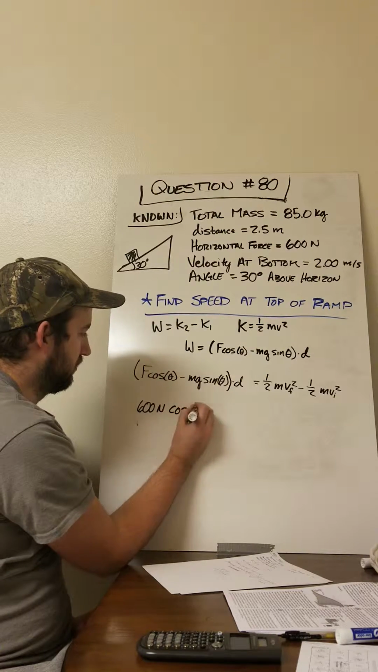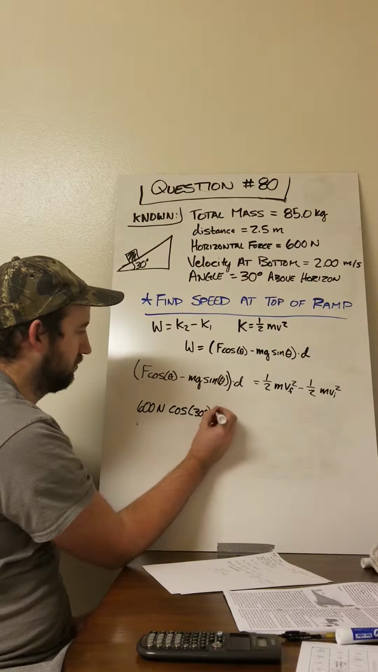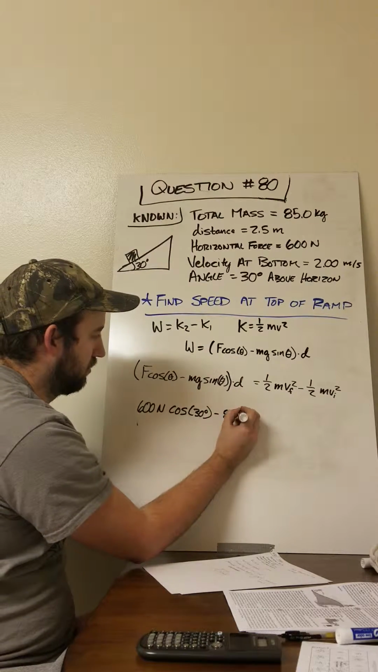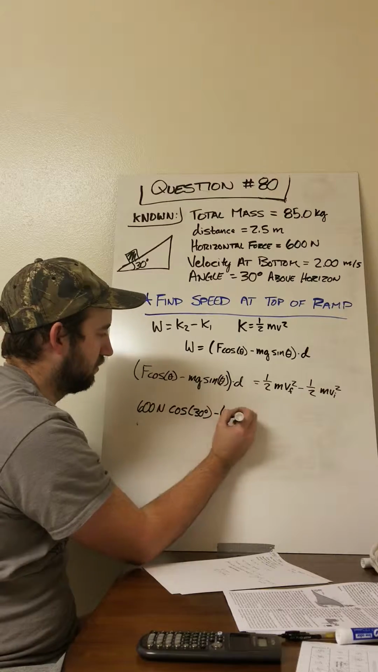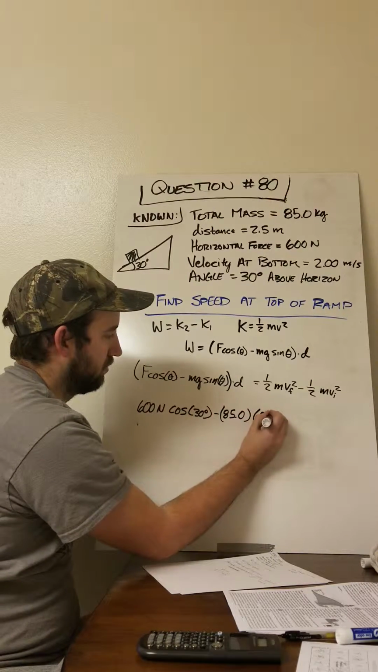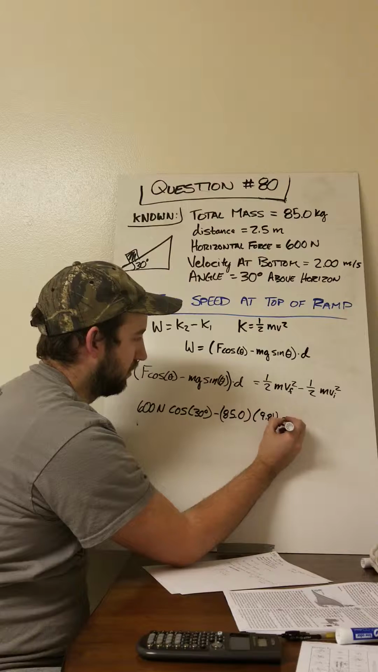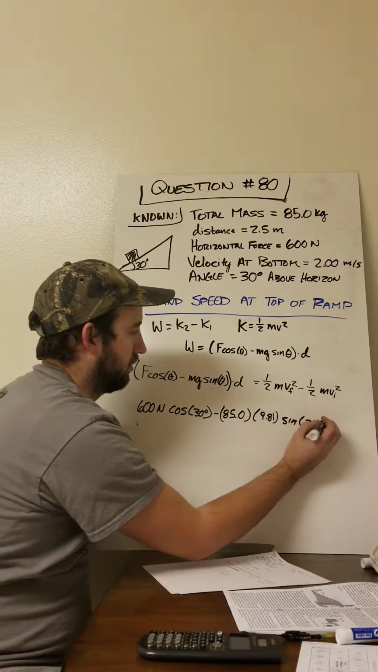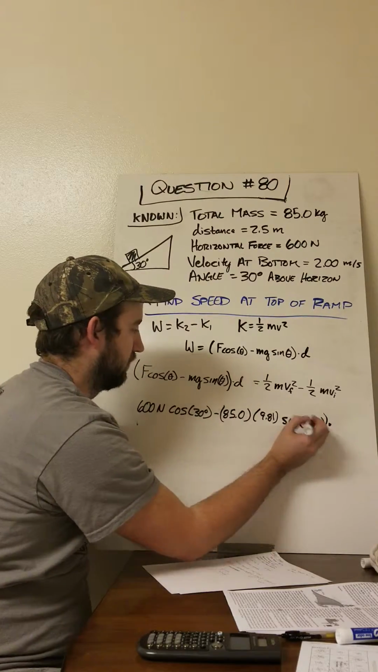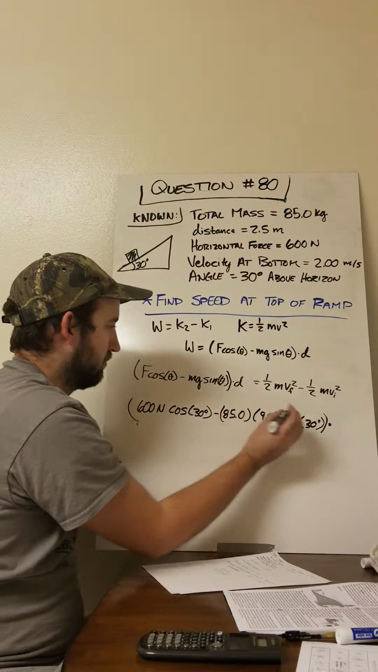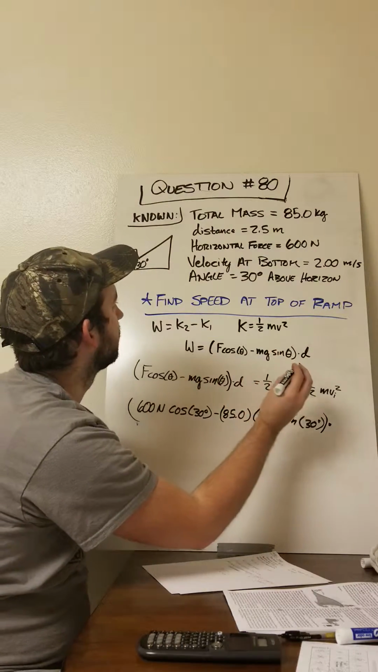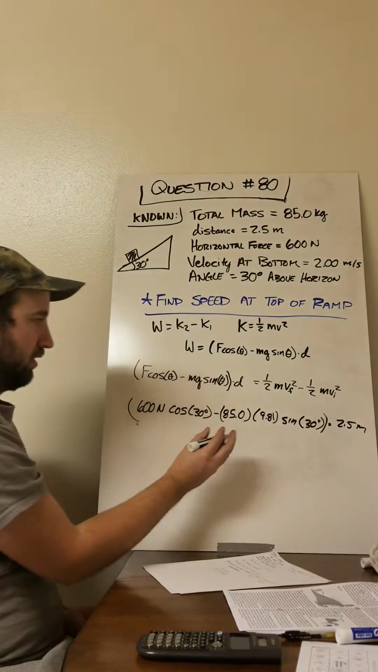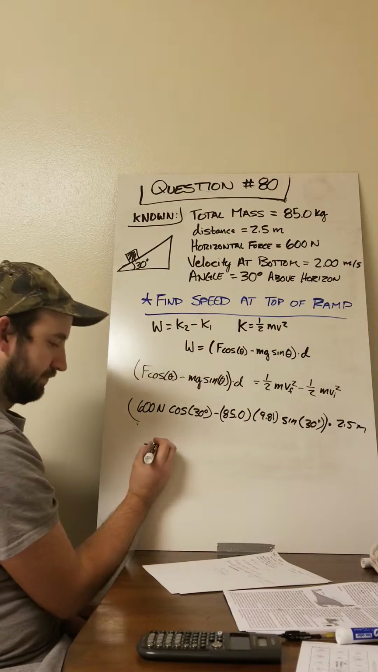Times cosine of 30 minus the mass, 85, times gravity, times sine 30, times all that, times the distance, which is 2.5 meters. And then all that equals